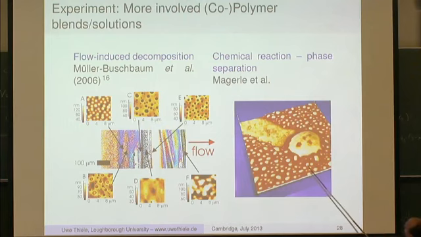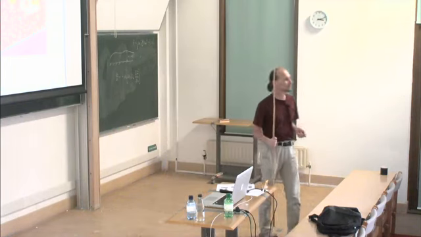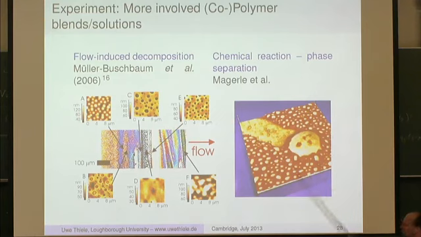Here there are some experiments by the group of Robert Magerle, also 10, 15 years old, where they have a thin film of a diblock copolymer that somehow dewets the substrate, but in a very curious way, because you find first sort of a phase separation process on this short length scale, and when something happens to this diblock copolymer, so they think some chemistry is also going on, some droplets evolve and they start to run around, right? And this is really nanoscopic, so these were AFM movies, some of the first ones that were done. And I'm not even sure that it's published, because I never really understood what really